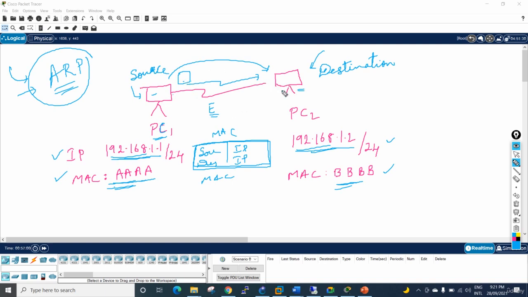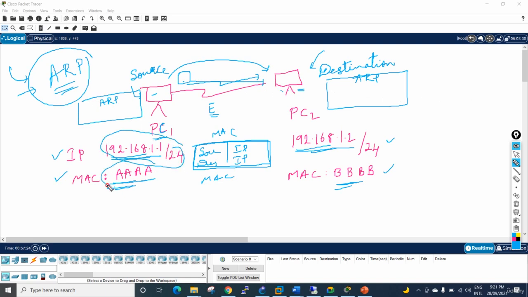So this machine receives it and stores it in its ARP table. We have an ARP table in the computer, and this PC also has an ARP table. ARP table here, ARP table here. When this ARP packet came here, this machine knows this ARP packet is coming from this IP and this MAC address. So he will store that entry here, saying that this IP is having this MAC address, and he will reply,